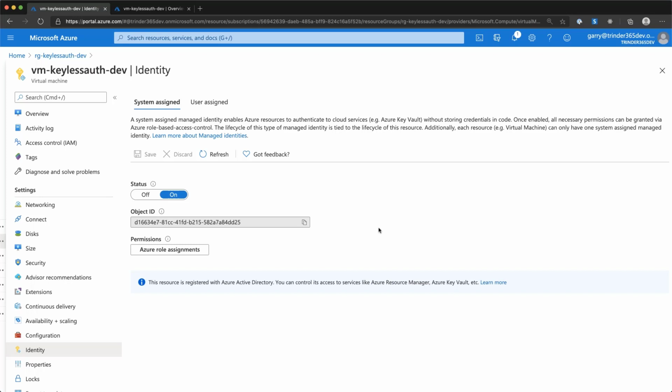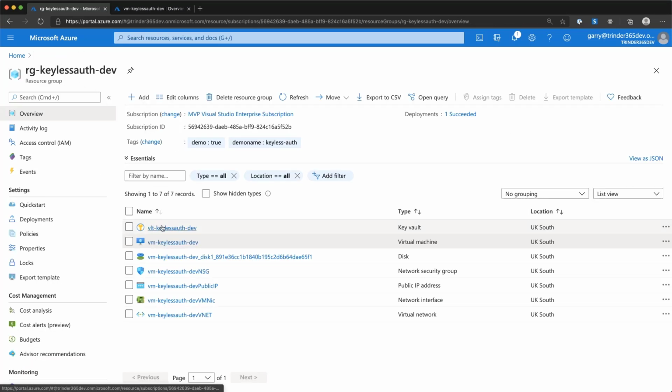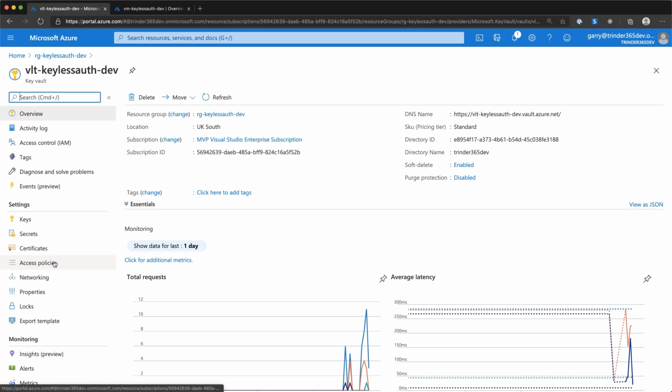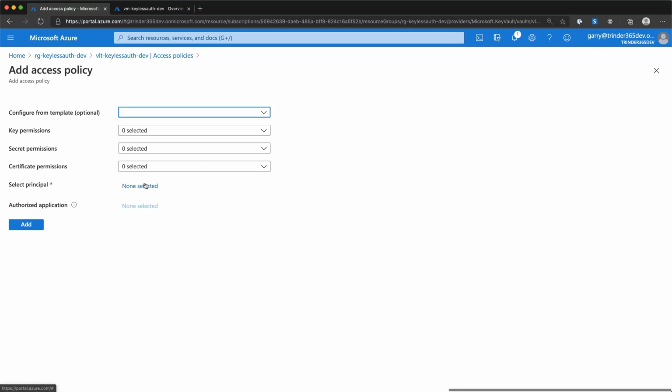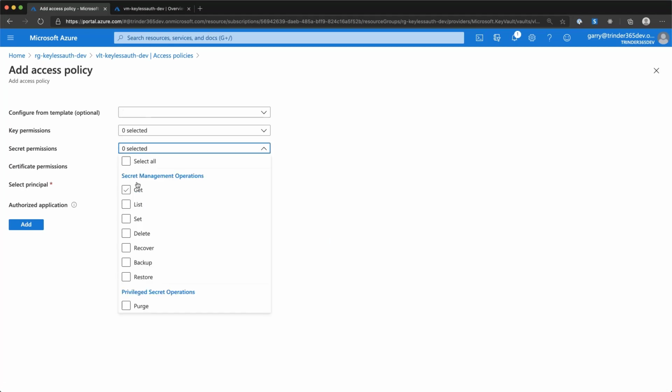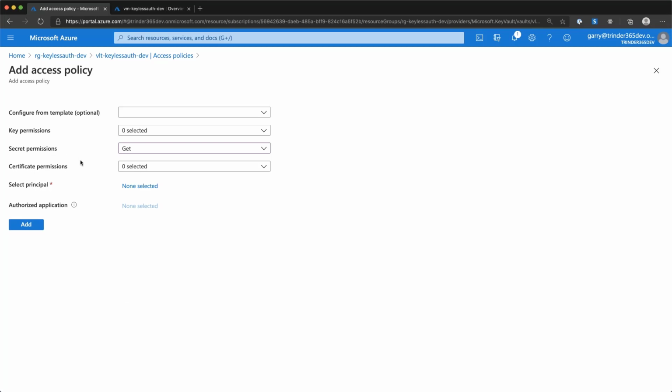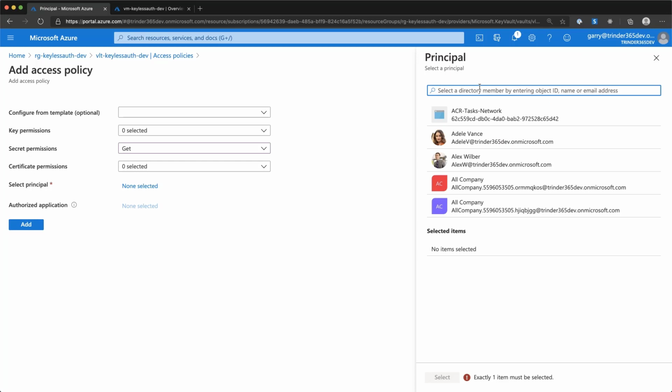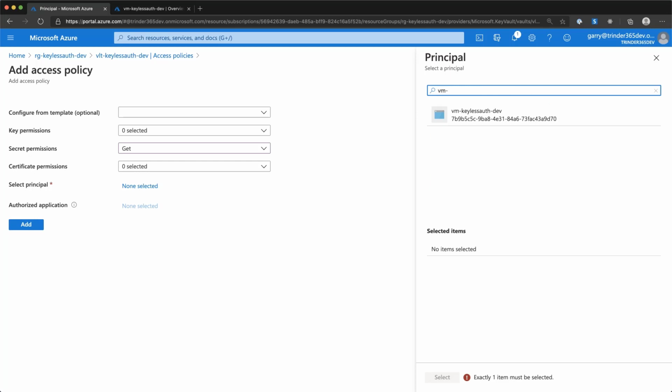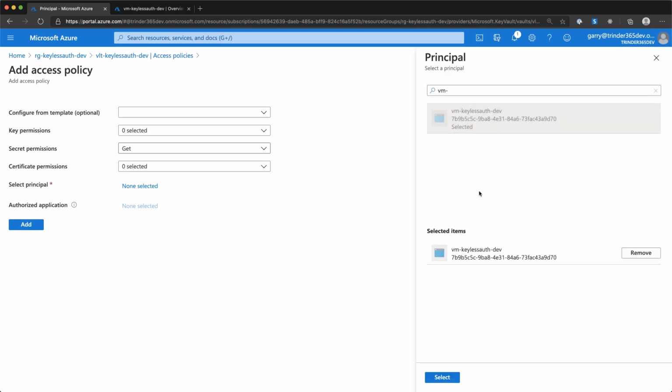What we need to do now is give this identity access to read the secret in the Key Vault. So let's go to the Key Vault, go to access policies, and create a new access policy. We want to be able to get a secret, so let's create a get policy against the secrets, and here's where we can select our principal. We can search for our service principal, the managed identity that we created earlier and saw in our Azure Active Directory. We can select this